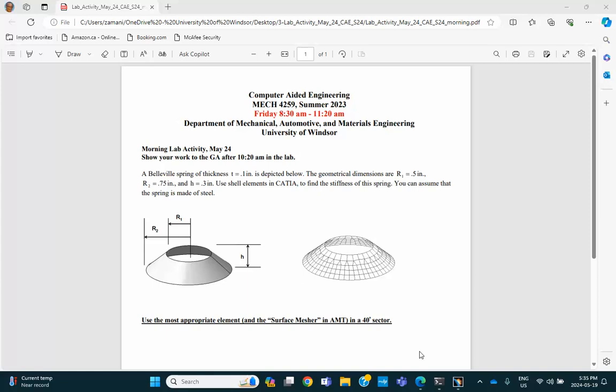Hi, folks. This is the activity in the morning lab, and you're asked to find the stiffness of this structure when you apply a load on the top and it deflects downward. This is like a Belleville spring, and you're asked to find its stiffness. So what we need to do is apply an arbitrary force up here on that edge and find out how much this thing displaces down, and then take that force and divide it by the displacement, and you get